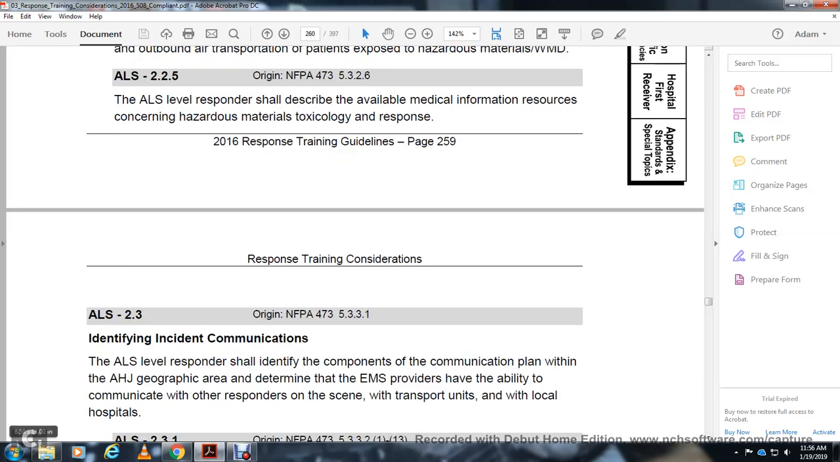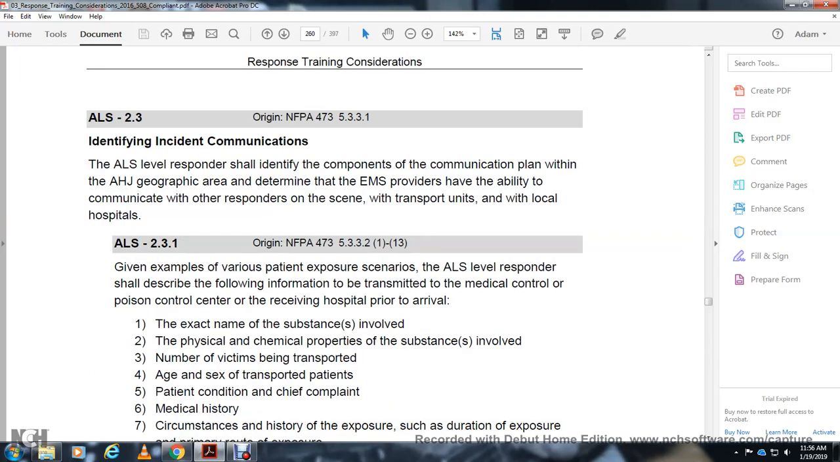Identify the incident communication. Advanced life support level of response should identify the components of the communication plan with the authority having jurisdiction in the geographical area to determine the emergency medical service providers that have the ability to communicate with other responders on the team, with the transport units, and with local hospitals. Give an example of the various patient exposures seen. Advanced life support level of response should describe the following information for the transport of the medical control voice, the control center of the receiving hospital